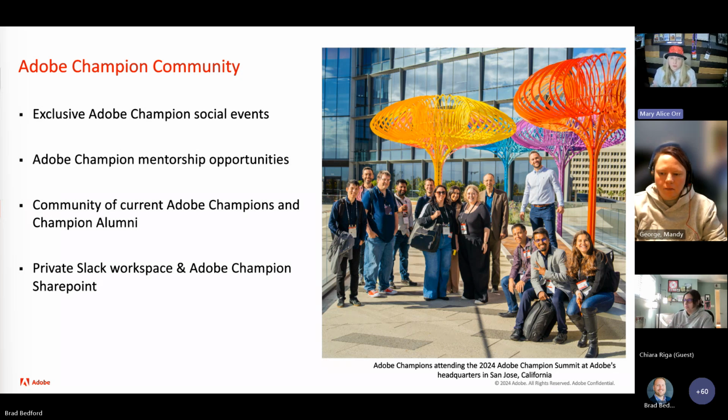All of that we host in SharePoint, and then you can access that and have your own cataloged library of information that you might not get anywhere else, specifically around your platform.